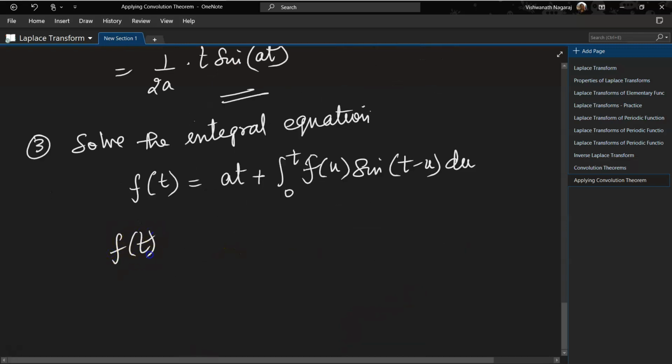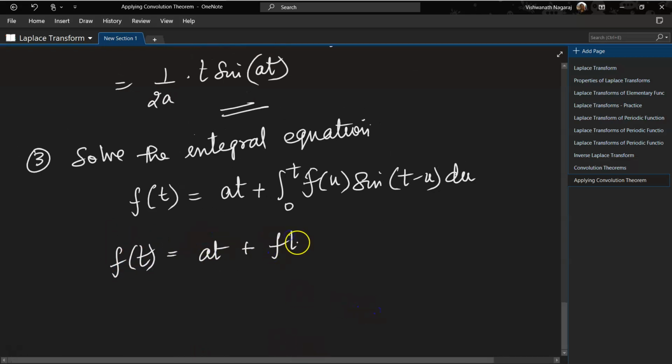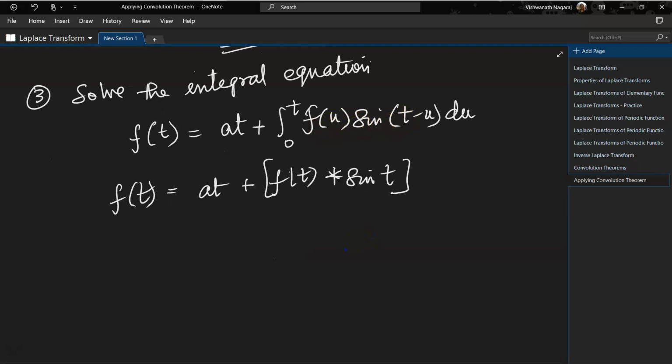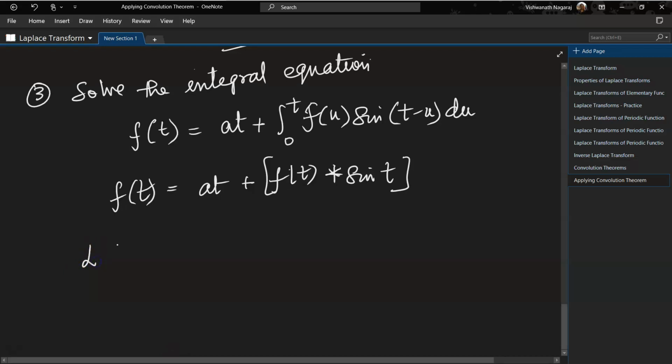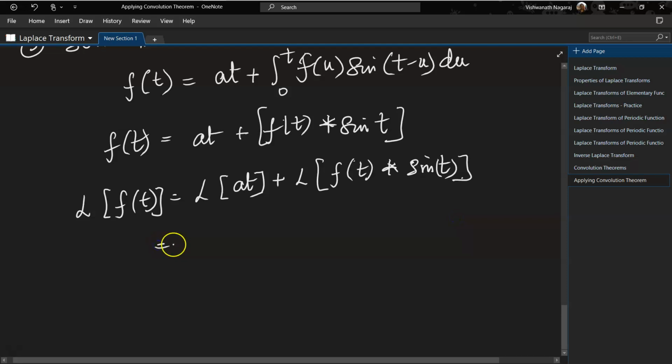So f of t is equal to at plus f of t convolved with sine t. This is nothing but the convolution. Now let's do the Laplace transform of both the sides. So Laplace transform of f of t equals the Laplace transform of at plus Laplace transform of this convolution, f of t convolved with sine t. Okay? Now what? This is nothing but a by s square plus, now this convolution we want to